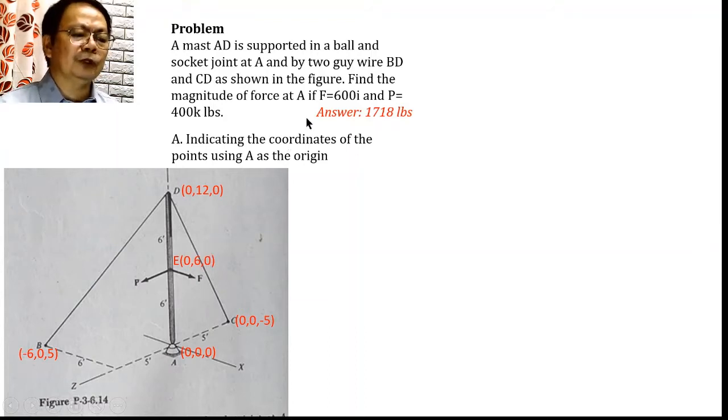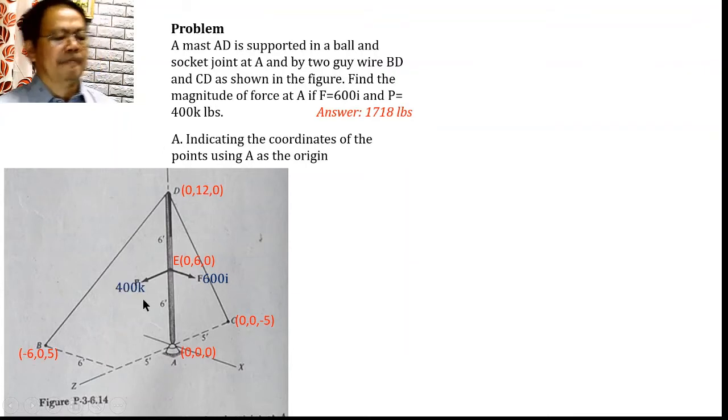Pakita natin itong magnitude ng F, since F is directed along or directed towards the positive x-axis as indicated by this one. The magnitude of this F is 600, while this P has a magnitude of 400 and directed towards the positive z-axis. Ayun. Guys, kapag ganito ang problem,